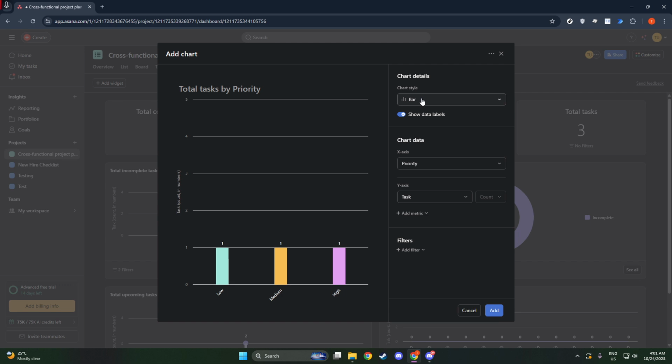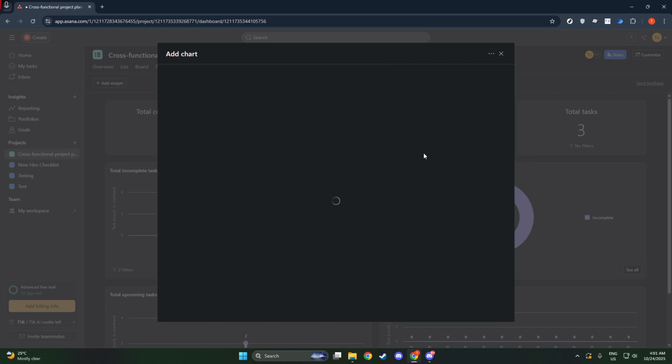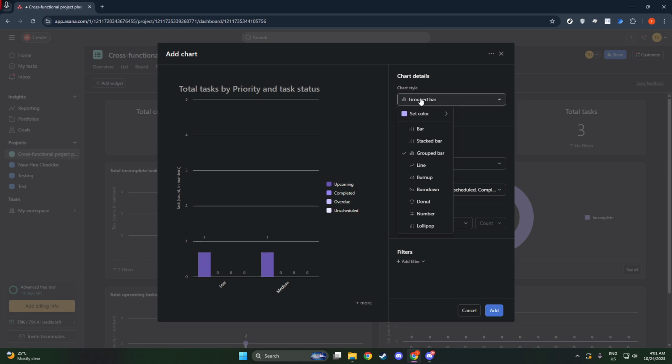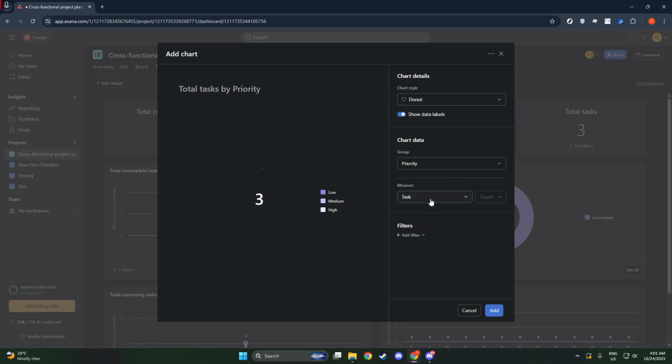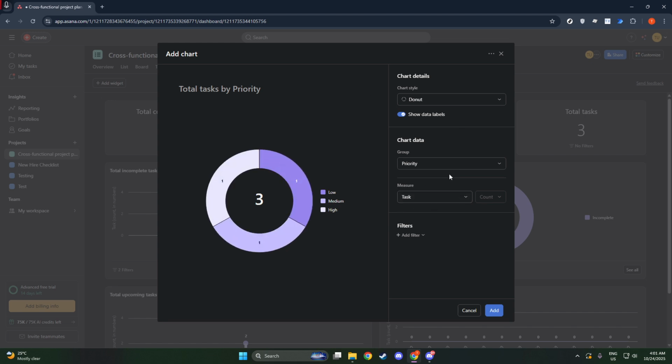If you're interested in monitoring the progress and completion status of tasks, the lollipop chart is your friend. It provides a clear visual representation of how much work has been done and what's left. For those interested in understanding workload distribution, consider adding the donut chart. This chart efficiently breaks down how work is allotted among team members or sections, offering a comprehensive view of who's